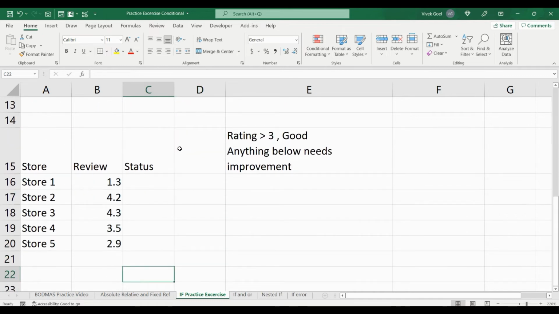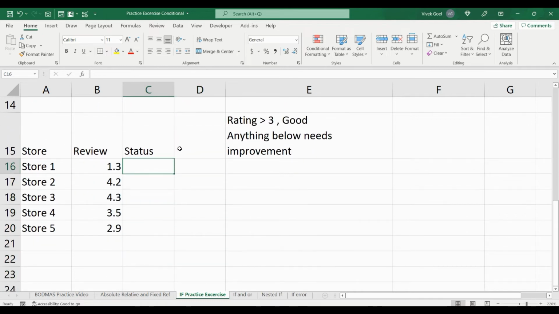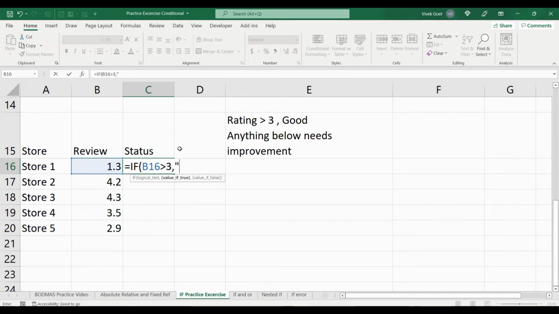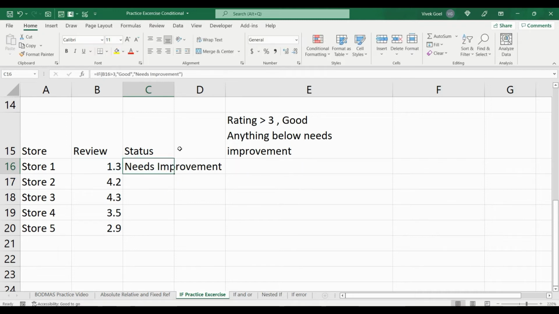The next one again is very similar. We will specify IF, we will select this review. If it is greater than 3, we will specify good as our second parameter, else we will write needs improvement. And now let's just copy the formula to the other cells and we get the right answers.